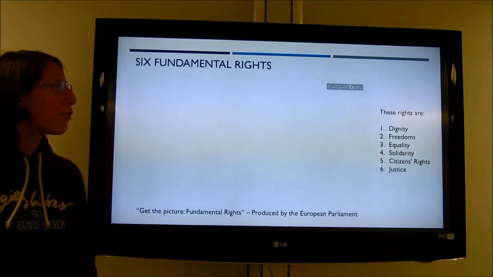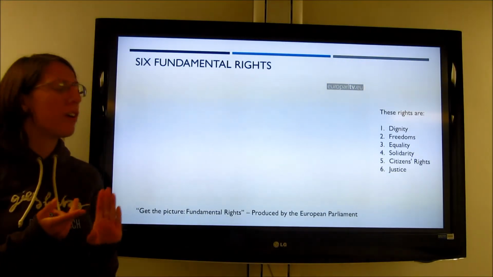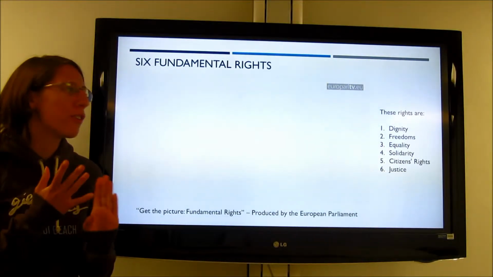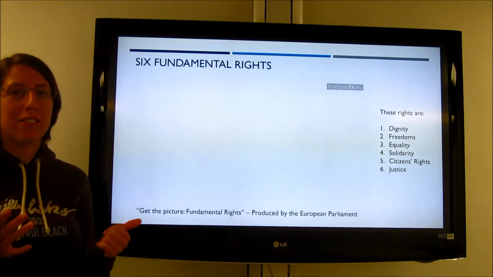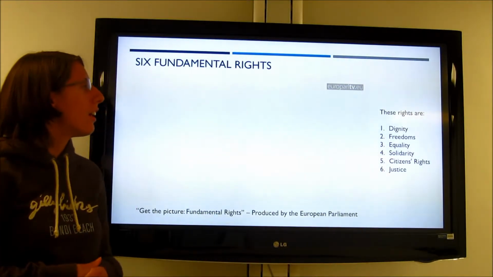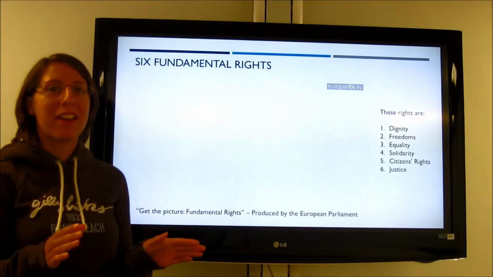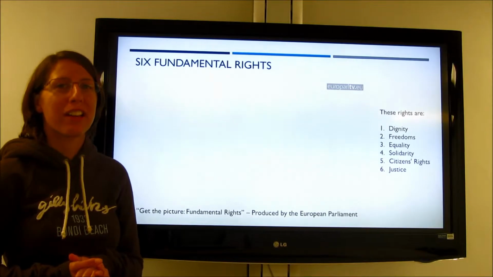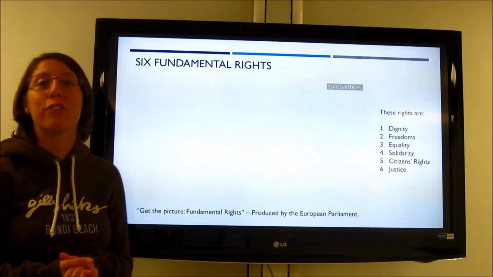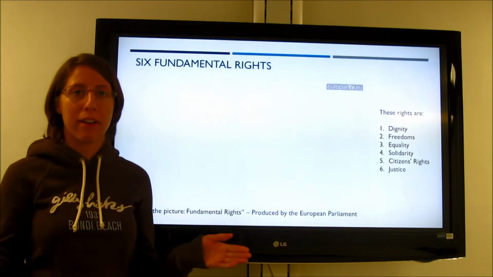All right, and that was just a summary of the fundamental rights, but they summarize it very well: the dignity, freedom, equality, solidarity, citizens' rights, and justice. And those were all in the charter that we have read and studied through our class. And they were very particular and specific in what they said. So it looks like they have a very good charter and a very good idea of how to treat the citizens and have their rights upheld in the EU.